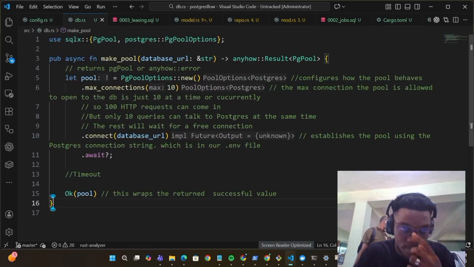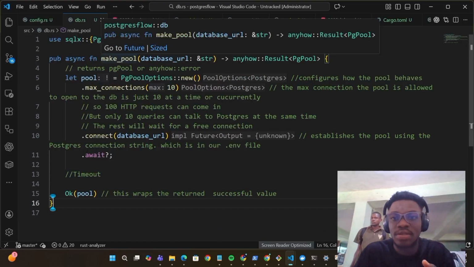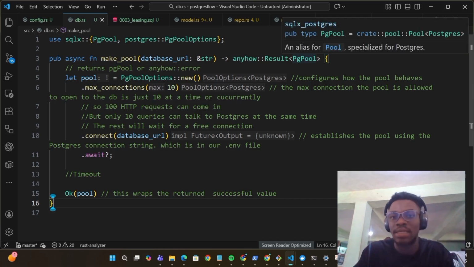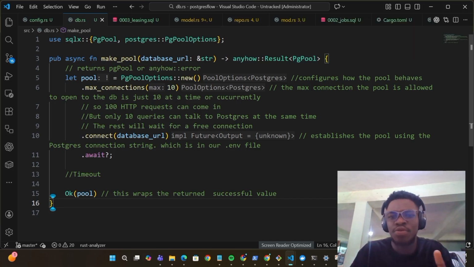Right? And our DB, so this DB is just returning a PG pool or an anyhow error. So anyhow error is just giving us a better format to actually read errors, right? It's giving us a better way to express our errors, a more verbose way or a much better way to handle our errors, right? And so